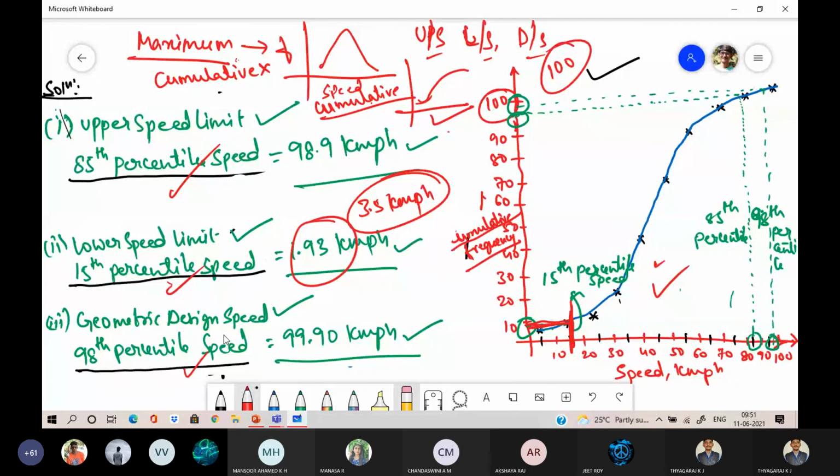Okay. In the graph, whatever values you are going to get, you plot it and write it. And remember, for this problem, try to mention the values on the graph only: 85th percentile speed is equal to so and so kmph. On the graph itself, you have to maintain it, right? 15th percentile speed so and so kmph. You have to write on the graph only. Then 98th percentile speed you should write on the graph sheet only, adjacent to this curve. Okay. Is there any doubts? Other doubts?